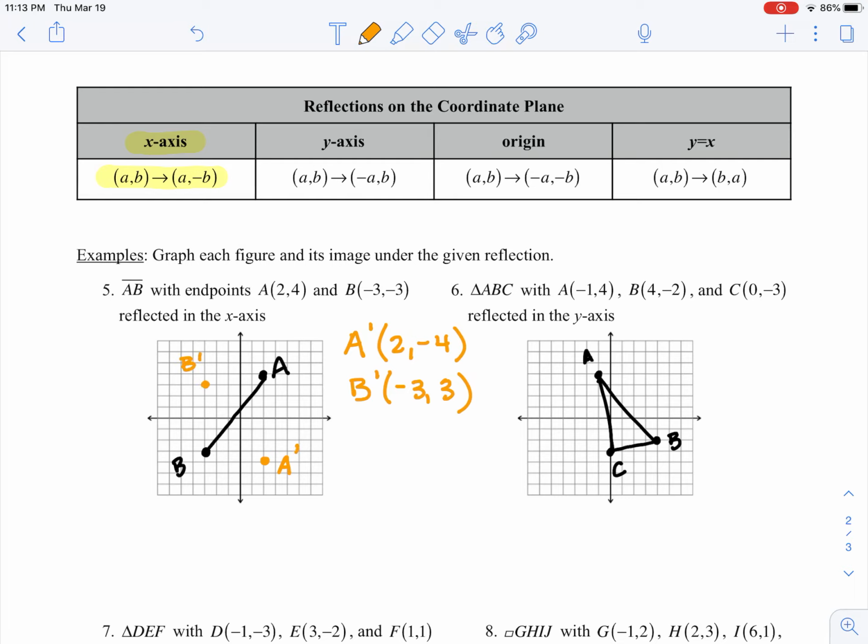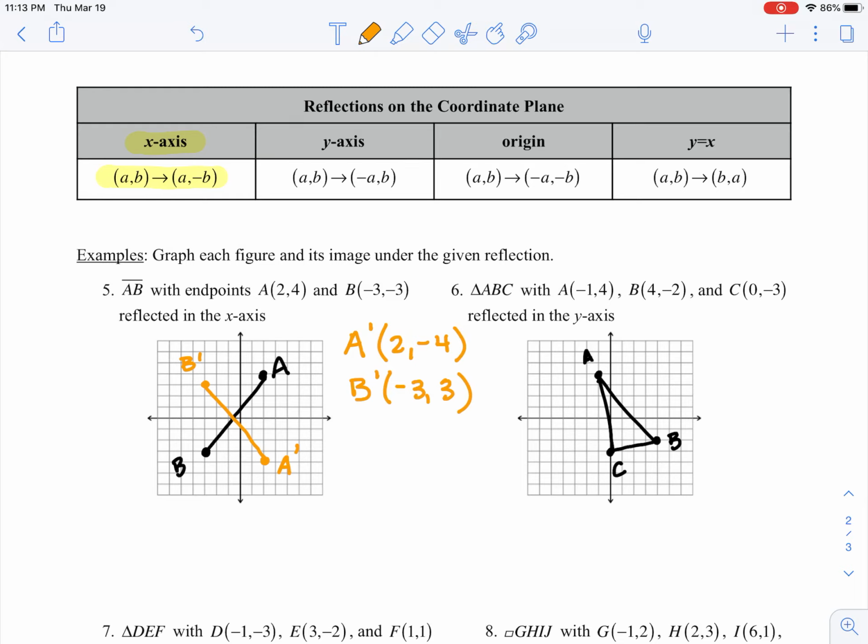Make sure you label them A prime and B prime. And hopefully you can visualize this is what it would look like if we flip the line segment perfectly over the x-axis. Since you're working on a piece of paper, you can try folding your piece of paper perfectly along the x-axis. If you hold your piece of paper up to the light, folded still, you should be able to